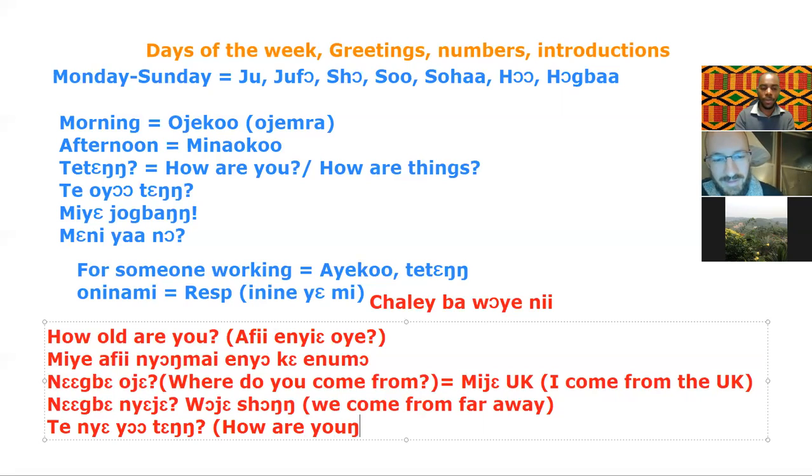So it's how are you, but actually it's plural. How are you, plural? We don't even have that word in English, nye. We don't have a word for you, plural. So it's a new thing to learn, a new way of speaking. That's why, when you are learning Ghanaian languages, even the sentence structure is very different from English.